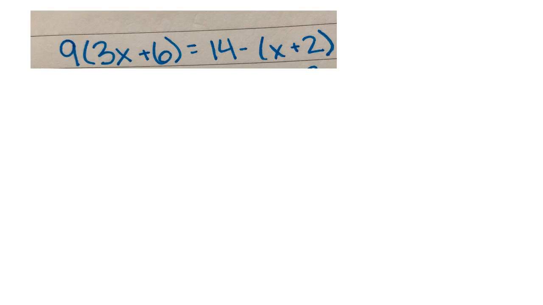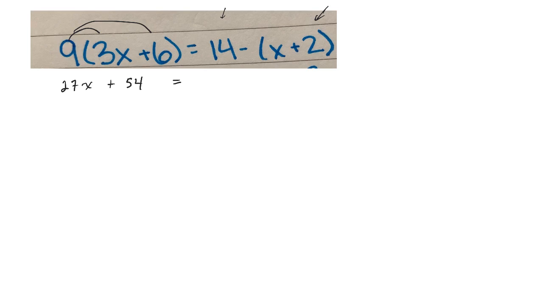All right, here's a good question to solve an equation. The trick with this one is you need to get rid of brackets first. So you don't want to move the 2 across or the 14, or do anything until you've gotten rid of brackets. This first one on the left is the distributive property, so I need to multiply both terms by that. So it'd be 27x plus 9 times 6 is 54, is equal to,